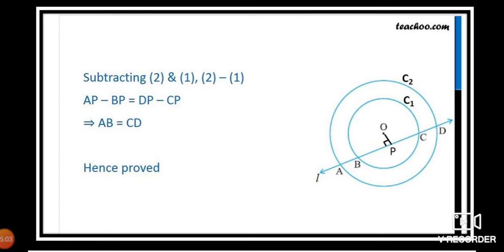Subtracting equation number 2 and 1. So 2 minus 1: whatever the LHS side is there, put LHS side, and whatever the RHS side of the given two equations, you can put RHS side. AP minus BP equals DP minus CP. So what is the AP and what is the BP? You can observe in the figure only, students. Without the figure you can't do anything. I said you already, here constants are not there, here variable only is there. That's why you should observe the distance. From the distance only we can come to the conclusion which distance we have to subtract from which distance and how much distance we are getting.